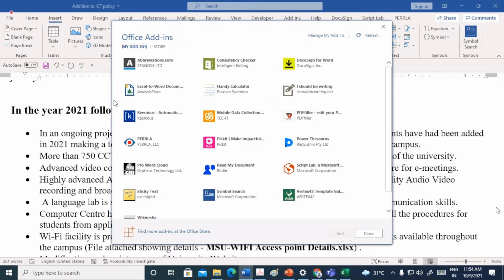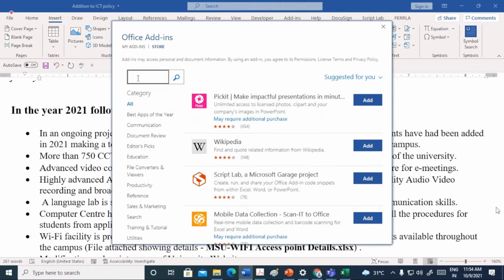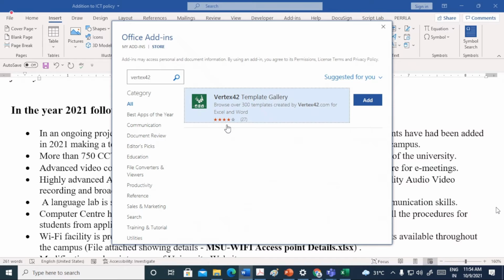Now I have already added in my Word document. You may also add, and if it is not available, you have to just click on store and just write Vertex 42. Click on search icon and you will see this Vertex 42 template gallery.